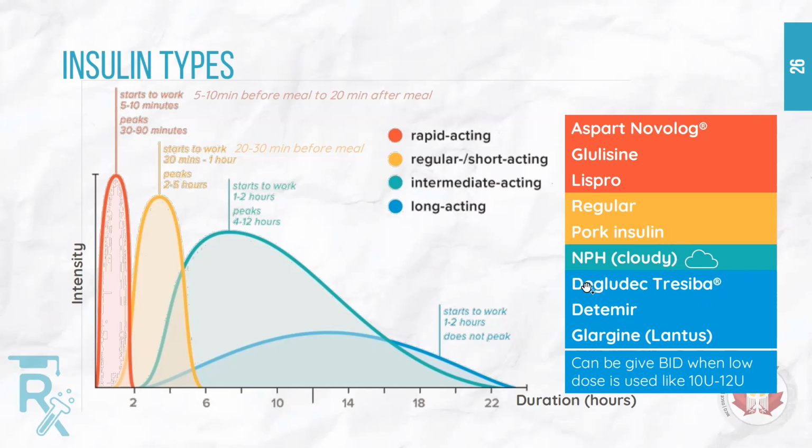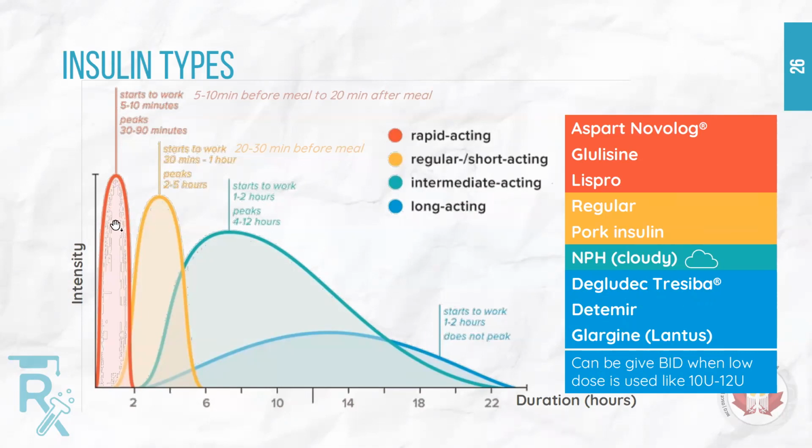However, it's still taken once daily. So degludec and glargine are taken once daily. Detemir is taken either once or twice daily. The decision is up to the physician and depends on the patient's blood sugar readings. Okay, so